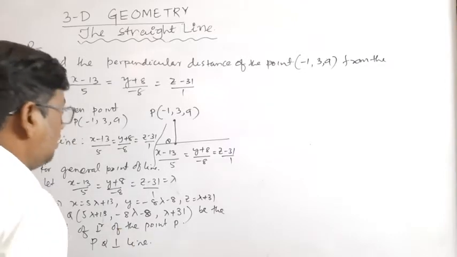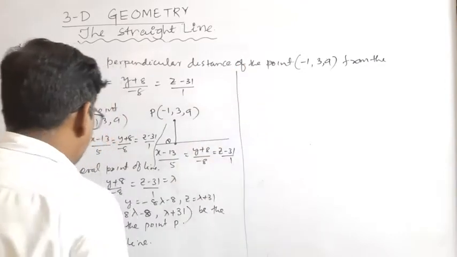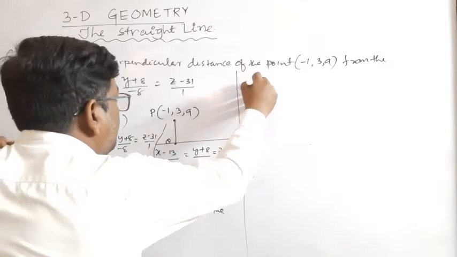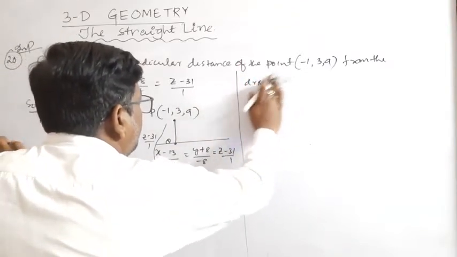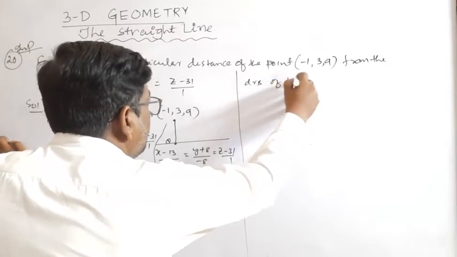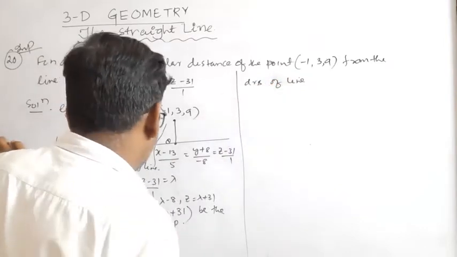Now apply the condition for DRs of the line, that is 5, minus 8, 1,